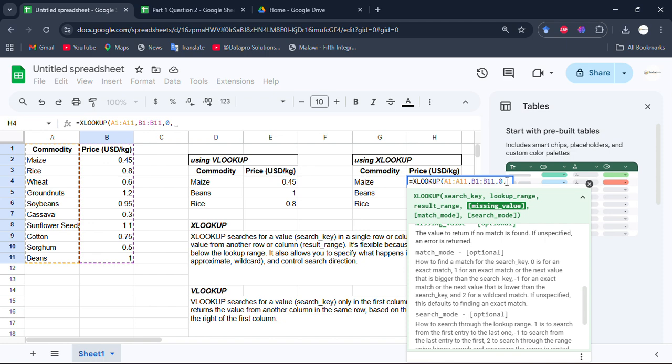So here you want this to return the exact value, zero. Yeah. So then comma. And then you also want it to say, okay,